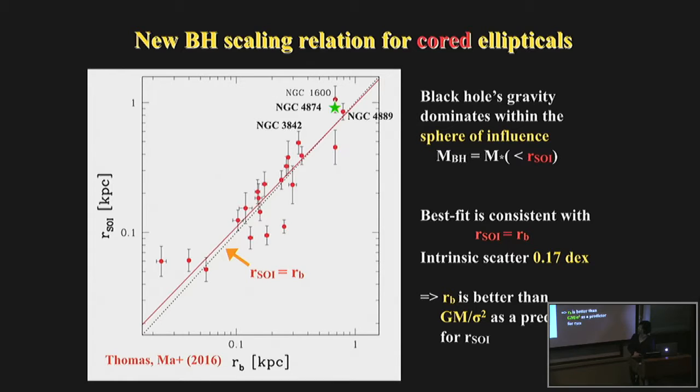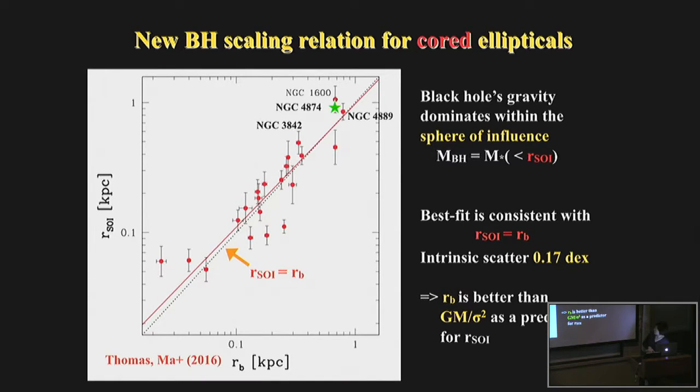So this is a sample of cored galaxies that have dynamically measured black hole mass. It's a subsample of the 80 plus that I showed you on the M-sigma relation. Since these are done by various groups, and some of these are by us, and since we know the exact modeling through Schwarzschild orbit modeling for the stellar profile, the black hole mass, and the dark matter, we can actually compute the radius at which the black hole mass equals the enclosed stellar mass, and that's the definition of the sphere of influence. And that's plotted on the y-axis. So the y-axis is reflecting the black hole's influence. The x-axis is just a light profile.